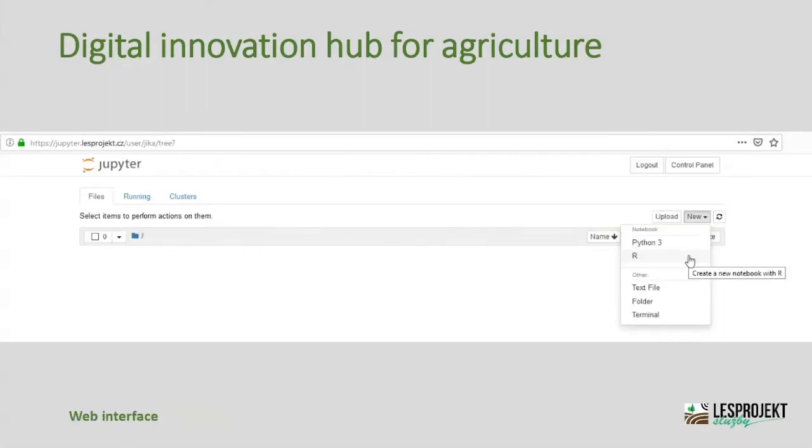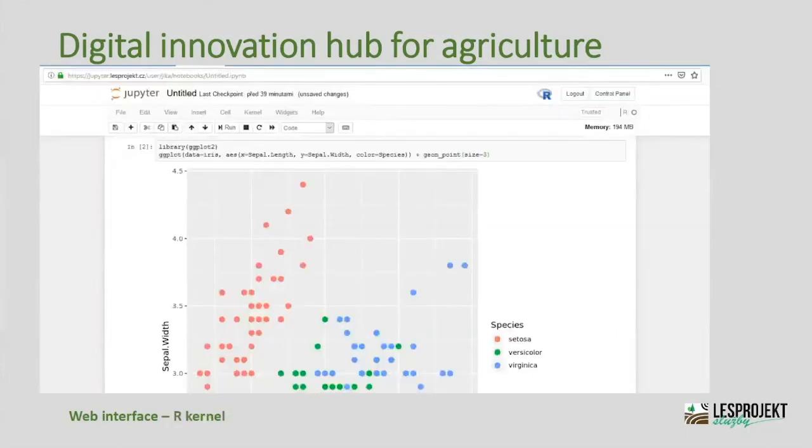Here, if I look at the interface of JupyterHub, you can either run an R or Python notebook and start the kernel. Here you can see the R kernel. So very easily on some test data, you can see that it can plot. It can even plot the data as specified by the command above.